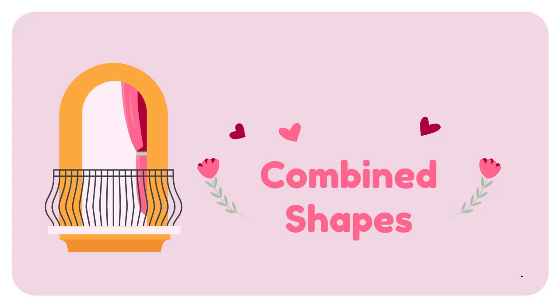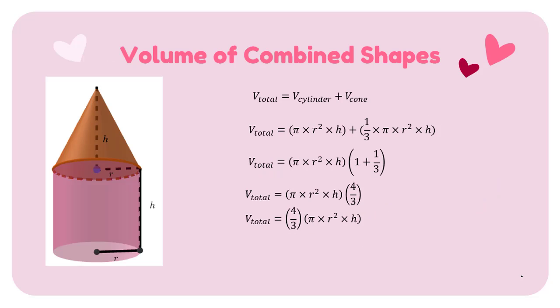Now let's move on to the combined shape. So look at this shape. This shape is the combination of two curved solid shapes, right? There are a cone and also a cylinder. So how do we find the total volume of the shape? Because this shape is the combination of two curved solid shapes, we just need to add the volume of the cylinder and the volume of the cone. And because you already know the formula of the volume of a cylinder and also the volume of a cone, you just need to do a substitution, and then you can do a factorization,